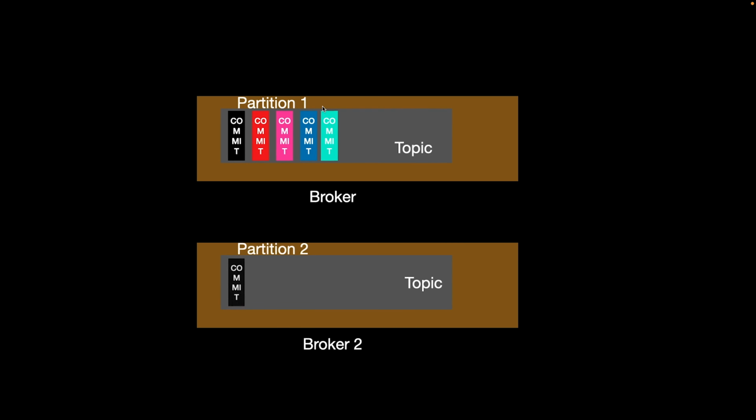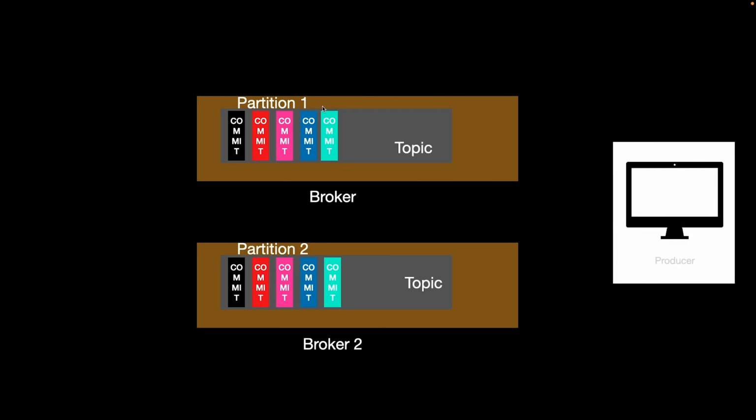So we know that Kafka runs across multiple machines which are known as brokers, and inside those brokers we have topics that store the information in the form of a commit log. Each and every message that is stored in a topic is stored as a commit log, and this topic is divided into smaller parts known as partitions.